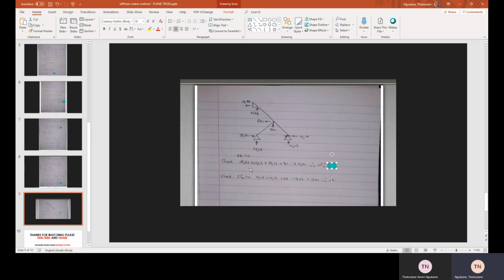Okay, we have 10.63, which is going upward, and then we have this 10.63 and 10.63 here, we are going upward. We have 58.7 going upward, and then we have minus 80, which is going downward. We got 0.01. Therefore, they are balanced. You can say that this is 0, can round off this into 0. Therefore, our vertical forces are correct. Let's check our